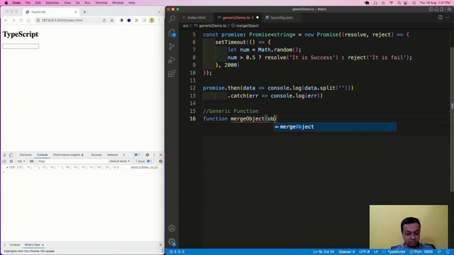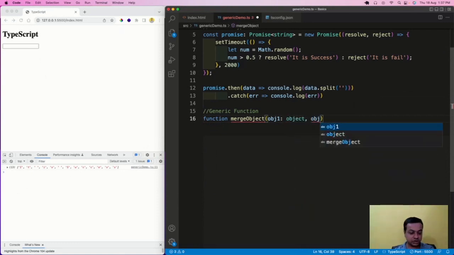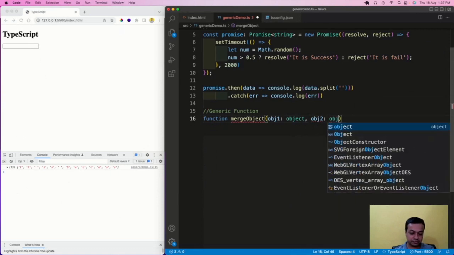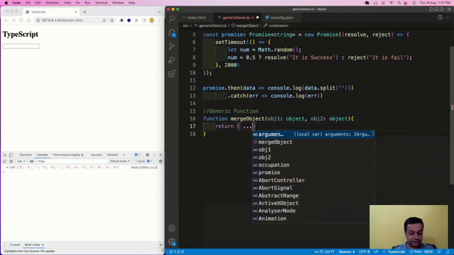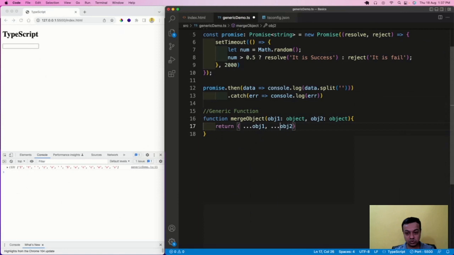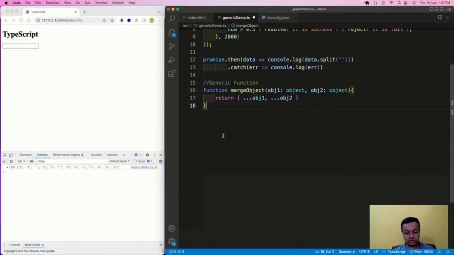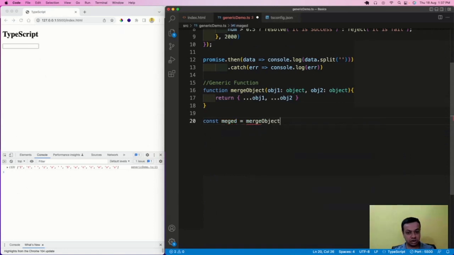It will be obj1 is an object, comma obj2 is also an object, and I will return the merged object, which will be using the spread operator, obj1 comma obj2. Okay, so now I'll come here and do a const merged equal to merge object,